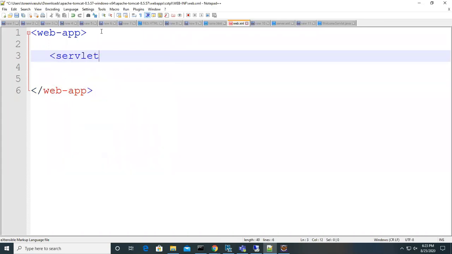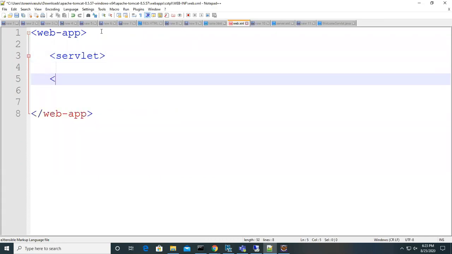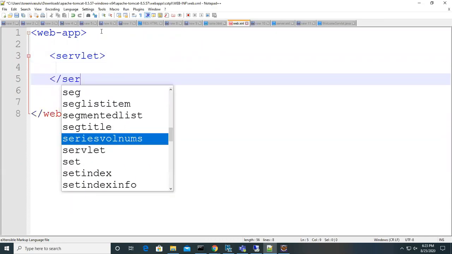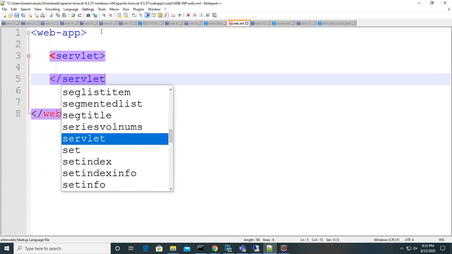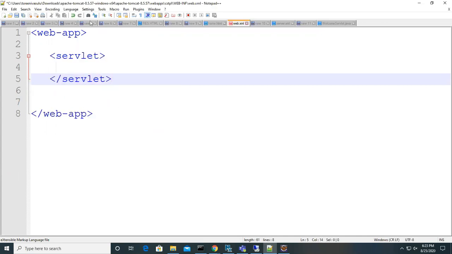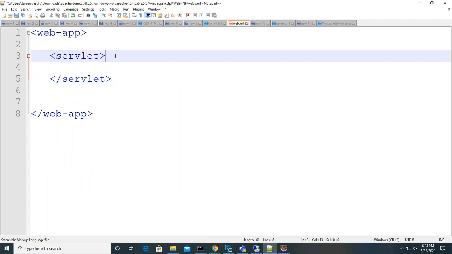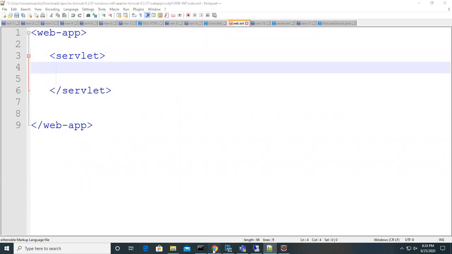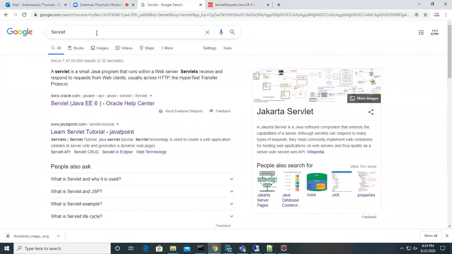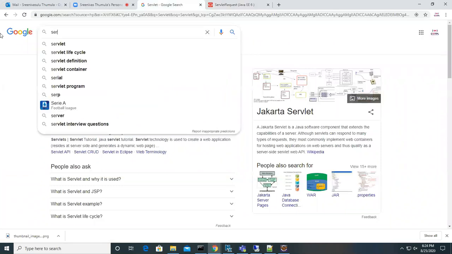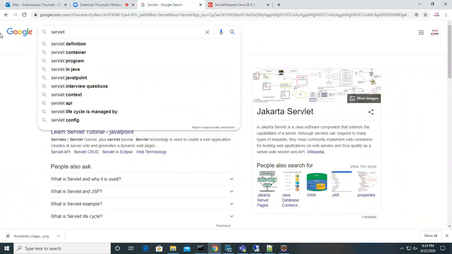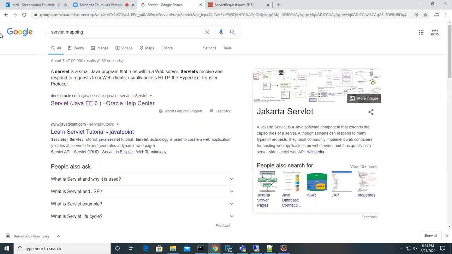In web.xml for each servlet. The configuration is like this: servlet tag start, servlet tag end. Even if you don't remember, you can go to servlet mapping.